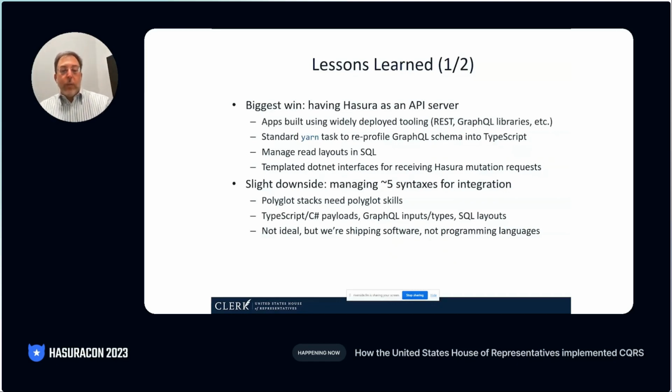So far, we're using a mixture of TypeScript and C#. We're using GraphQL, we're using YAML, we're using SQL, we're using Java. It's not the greatest solution, but our focus is on shipping software. This would be a nice problem to solve if we were writing a master's thesis or if this was an open source project, but we're focusing on shipping software, and it's not ideal, but we're happy to live with it